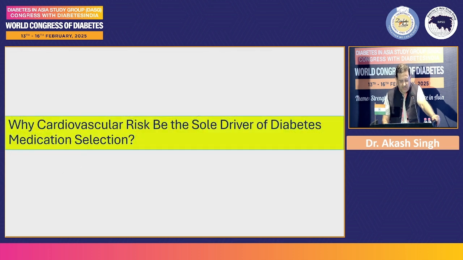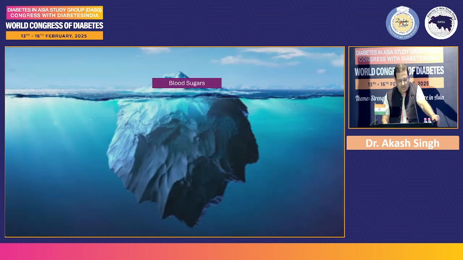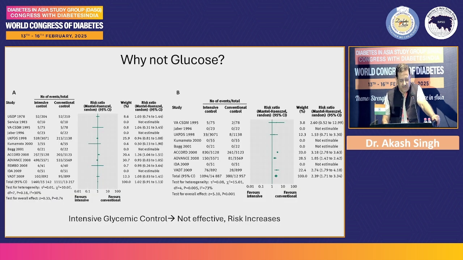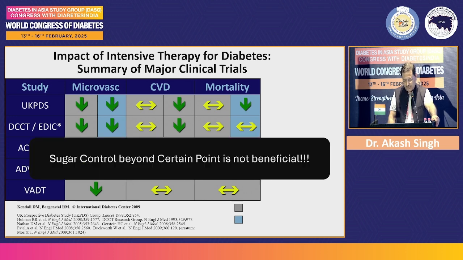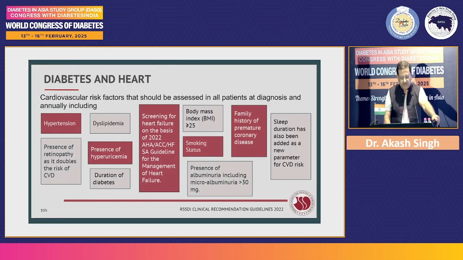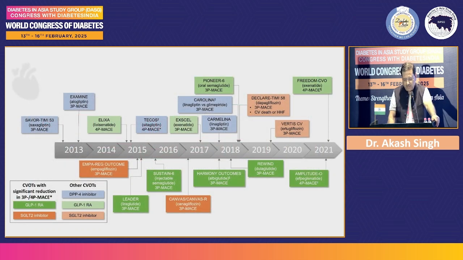So why should cardiovascular risk be the sole driver? Because if you see the studies of intensive blood sugar control, they have not shown any major benefit in reduction of CVD risk. The microvascular risk benefits more, but the macrovascular risk does not benefit that much from control of blood sugars alone. And therefore, we are talking about screening patients for all the risk factors for atherosclerotic cardiovascular disease and treating them. If you see the major trials done with DPP4,